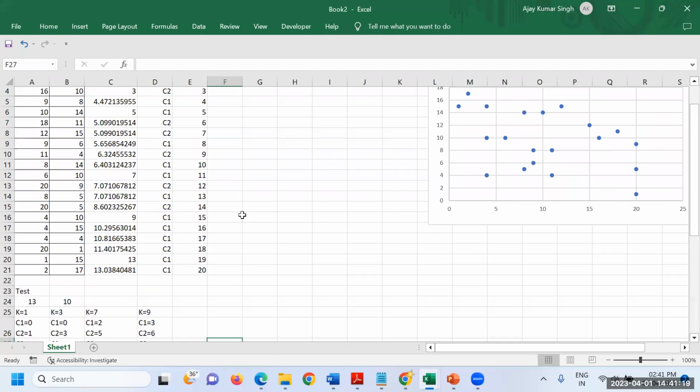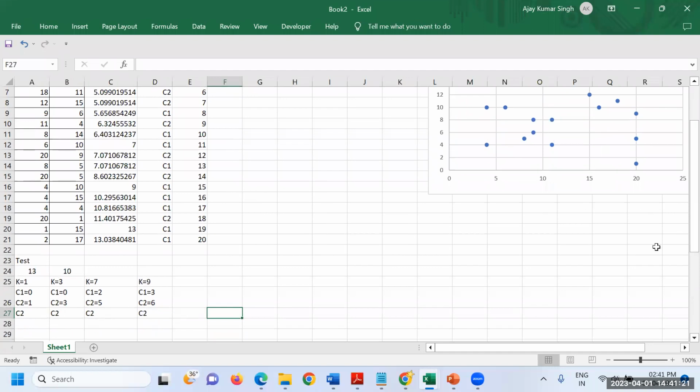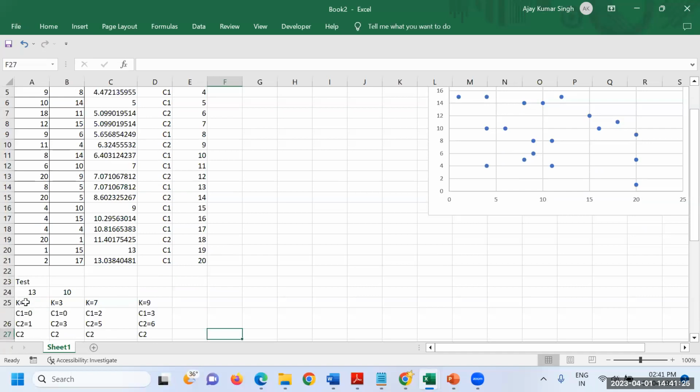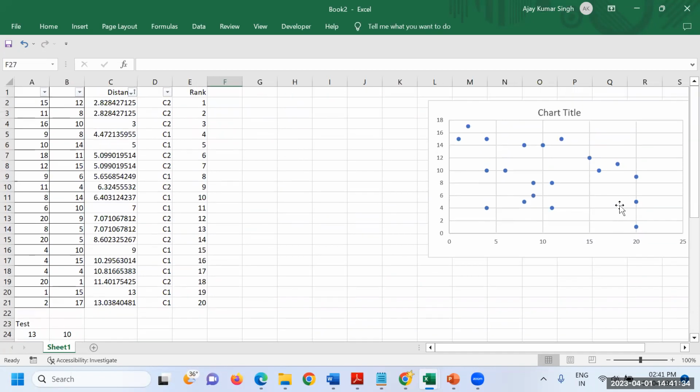Yeah, so 1310 belongs to C2. For all these points, that is all about your A1, 3, 7, 9. So 9 points are having the majority for this C2 class. Fine. C2 means this is your C1 and this is your C2. Now I'm going to take some points somewhere inside this C1.